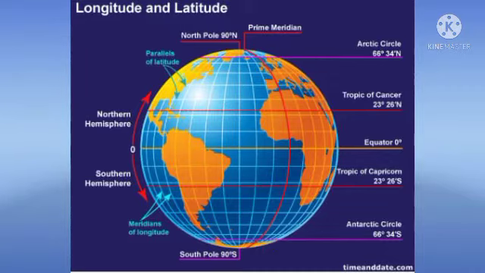There is another imaginary vertical line which is the prime meridian. The prime meridian also divides the earth into two equal halves vertically. This prime meridian line is the 0-degree meridian. In total, we have 360-degree meridians. So, from 0 degree, on the western side we have 180 degrees and on the eastern side we have 180 degrees. So, the total is 360-degree meridians.